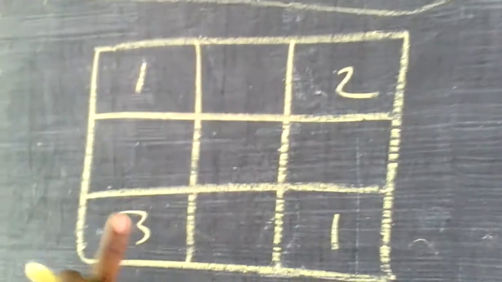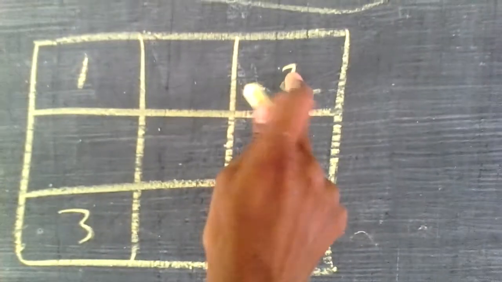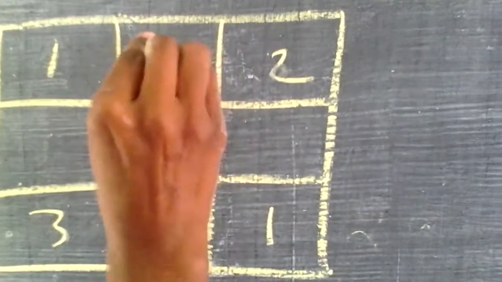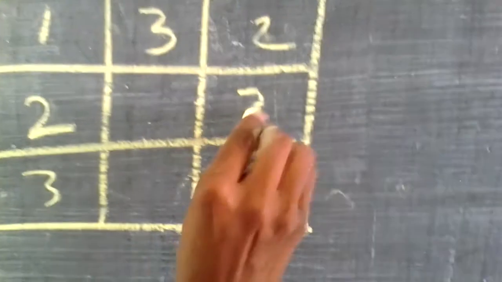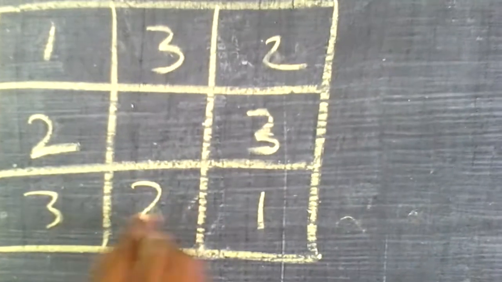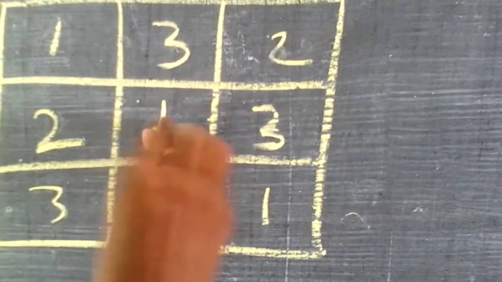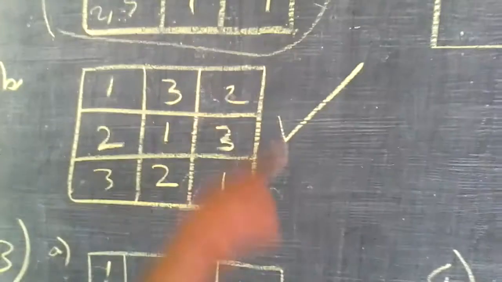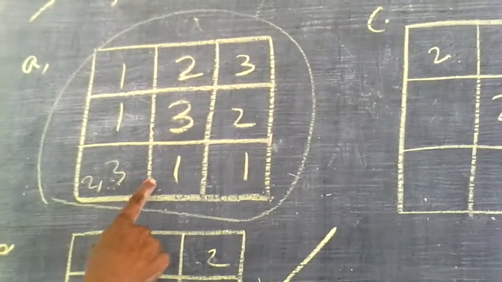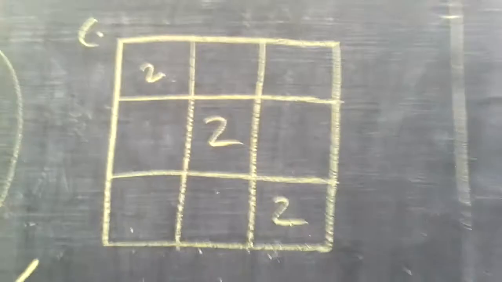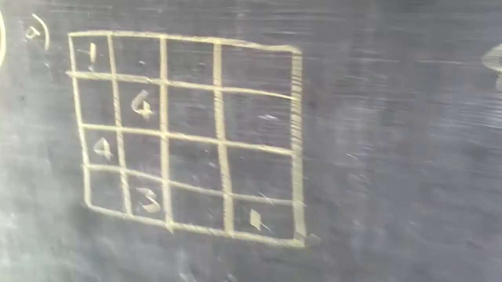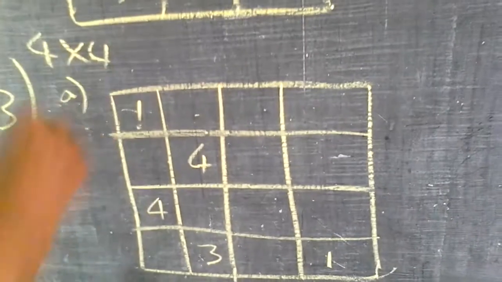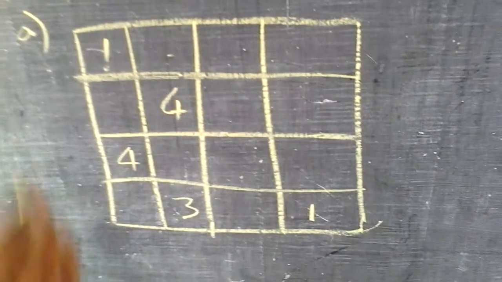So 1 is here, 3 is here and 2 is here. Right? So what the missing next number is? 3, and here missing next number is 2, and here missing next number is 3, here missing number is 2. What is the number comes here? 1. So this is right. So the question they have given is right, so the answer also we got it. Whereas here it is not right. Understand? Fine. Next you try this. See also you try. I will go for a 4 cross 4 solution. Right. Now it is a 4 cross 4 solution. Now let us try to solve this.